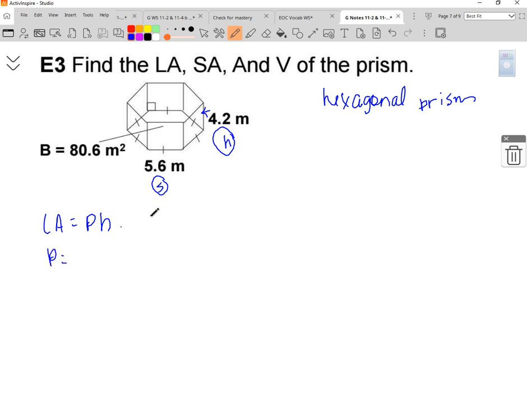The perimeter of the base, lateral area is